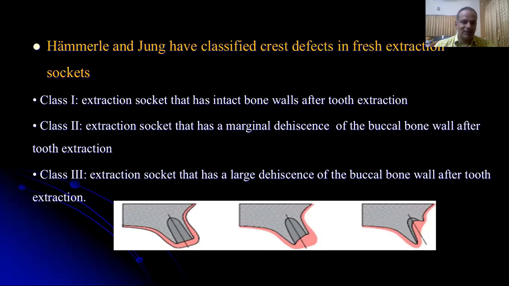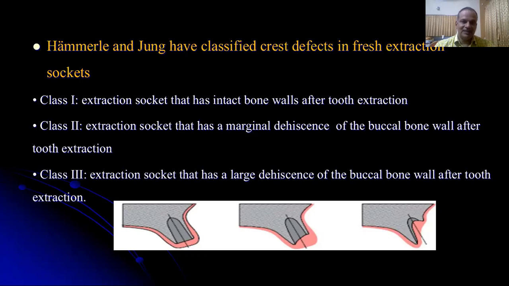these implant placements after tooth extraction can be classified into three types, that is immediate implant placement, delayed implant placement, and staged implant placement. Immediate implant placement occurs immediately after the extraction of the tooth, whereas delayed implant placement is done approximately 2 months after extraction of the tooth, which allows the soft tissues to close the extraction socket. So that will help in avoiding further soft tissue augmentation procedures.